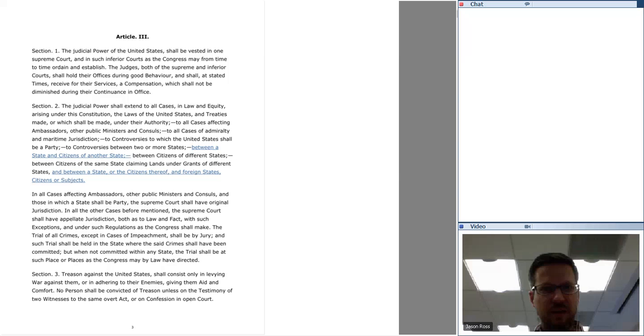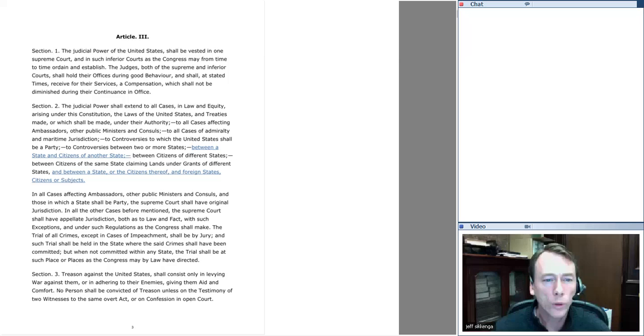It has the judicial power, as you were reading. But, interestingly enough, it does not say what the judicial power is. And this is part of the task that John Marshall has in Marbury versus Madison, to define a power that the Constitution itself does not define. If you wouldn't mind, then keep reading for us.